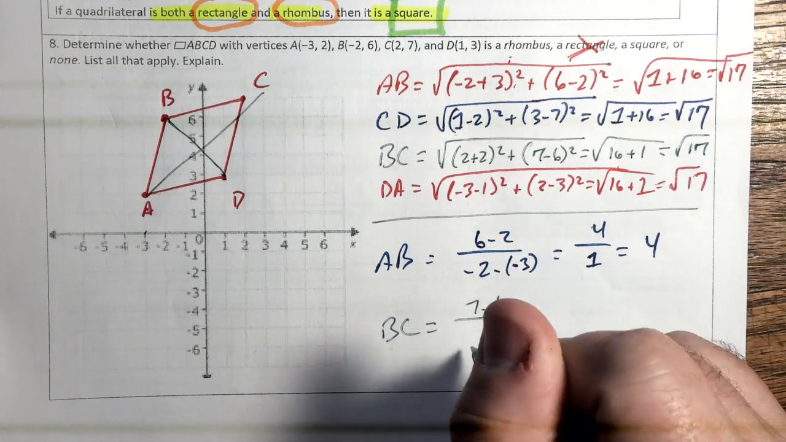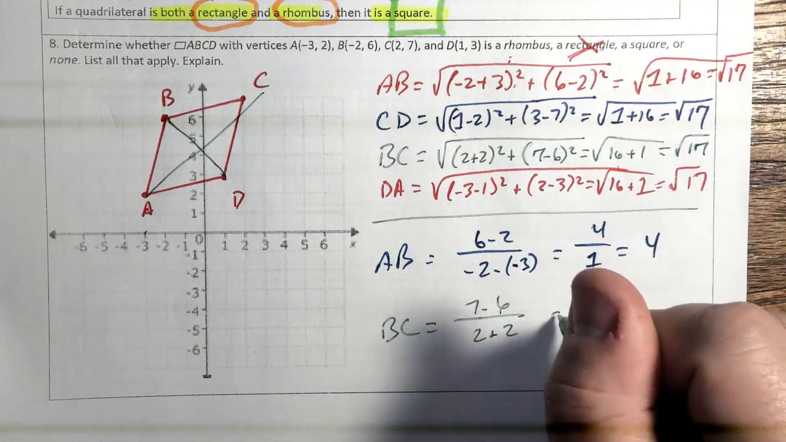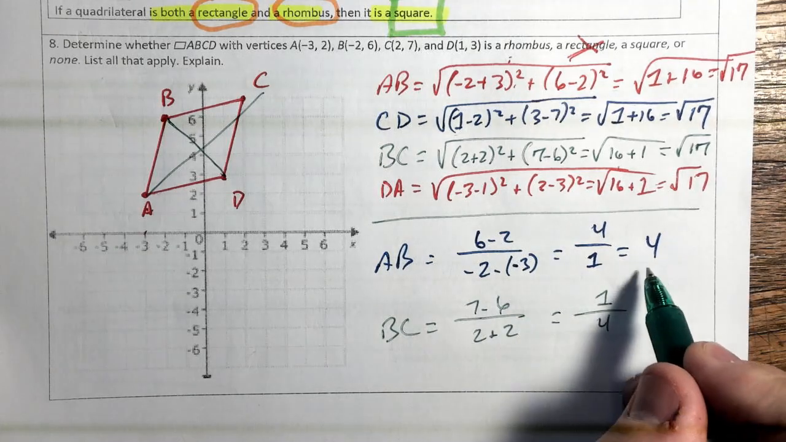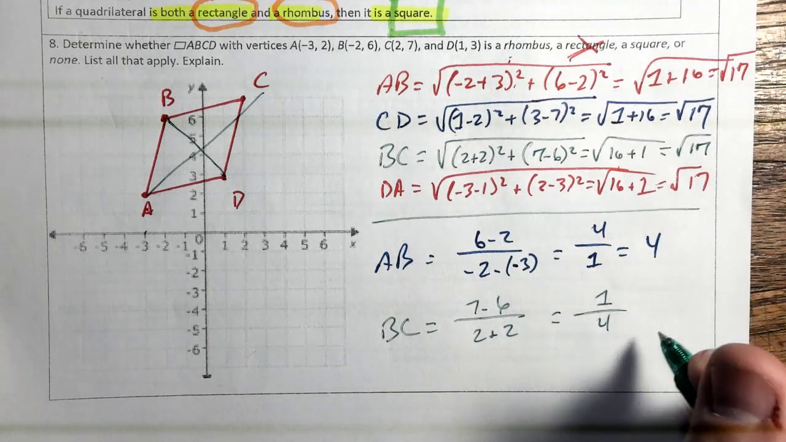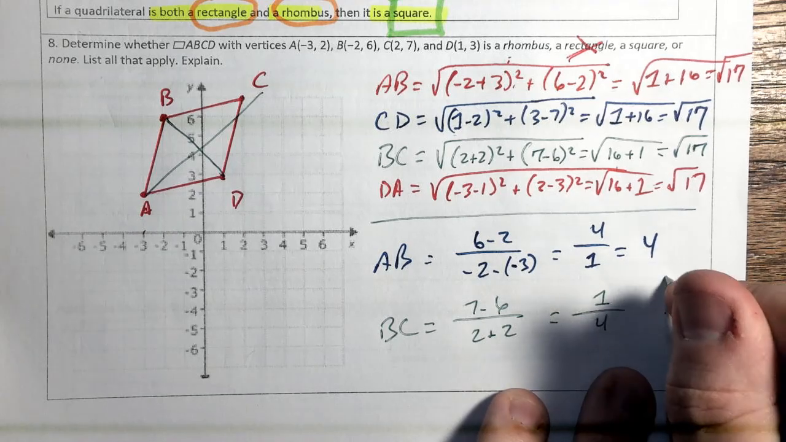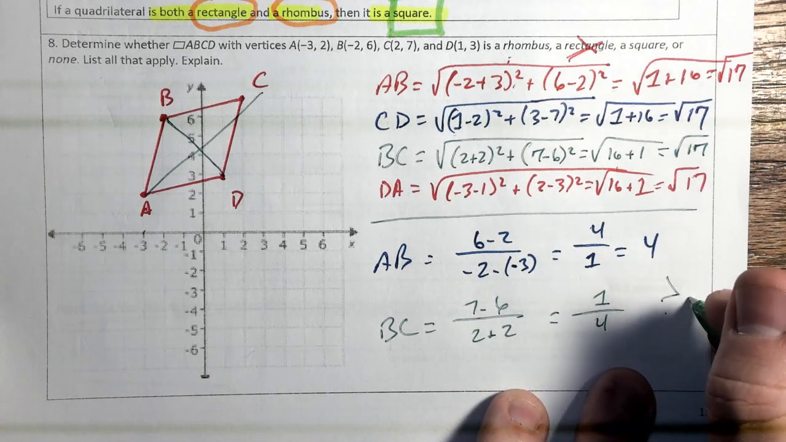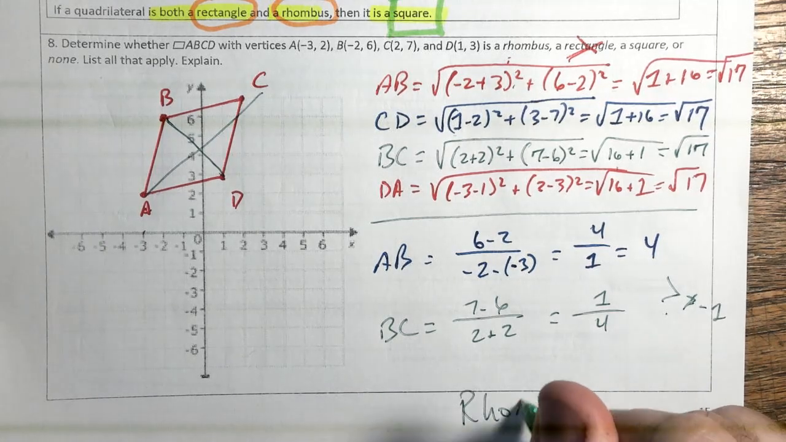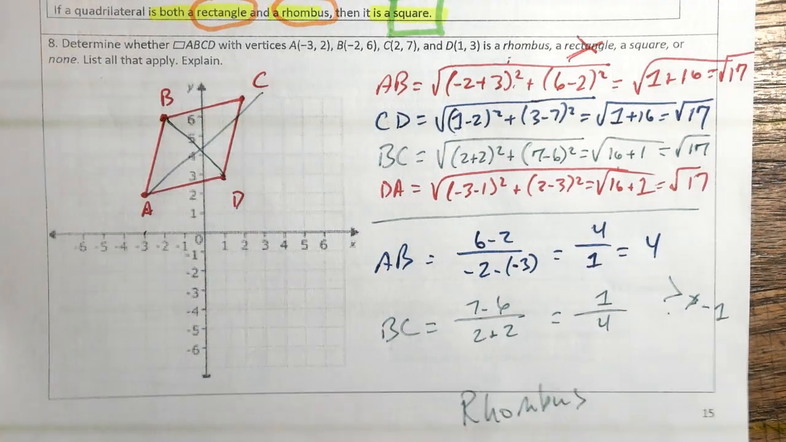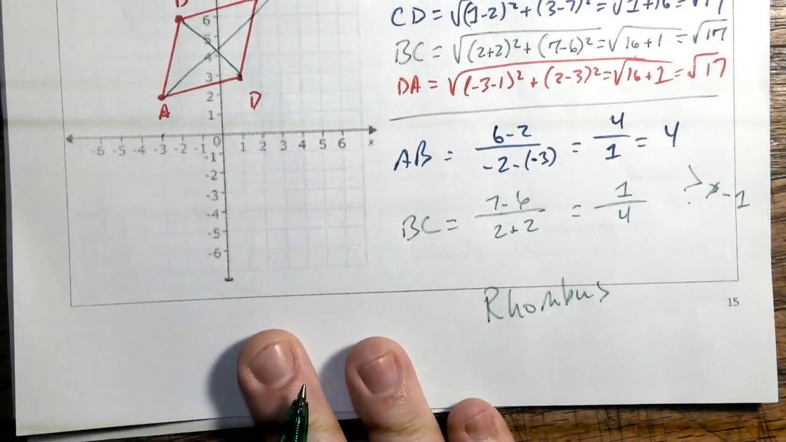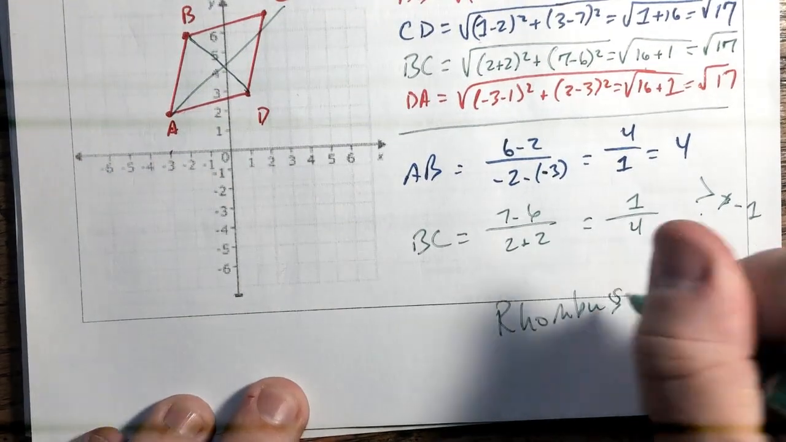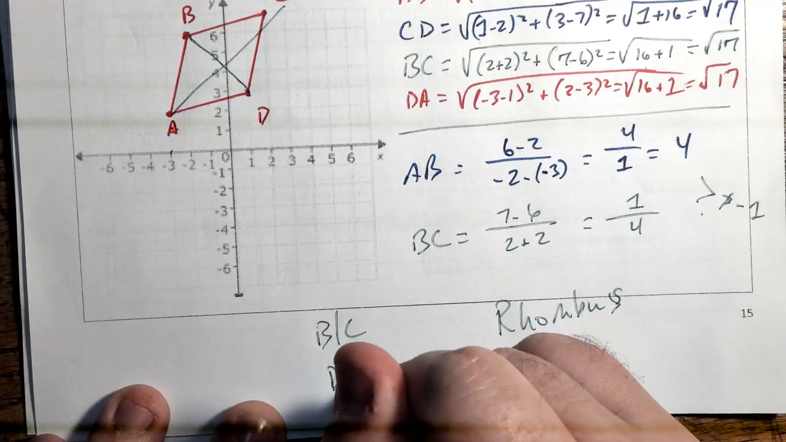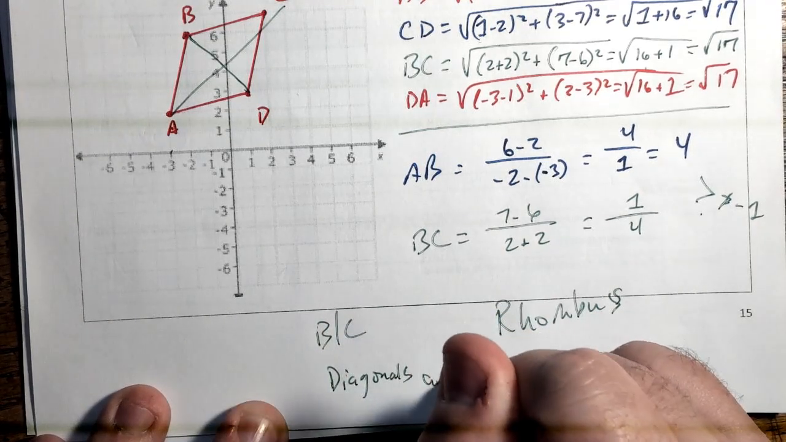7 minus 6 on the top, 2 plus 2 on the bottom. So we got positive 1 on the top, positive 4 on the bottom. So that's positive 1/4. So this is not a negative reciprocal. These two together do not equal negative 1. So they're not perpendicular. So this is a rhombus. And let me just scooch down. So scooching down, this is a rhombus. And why? Because the